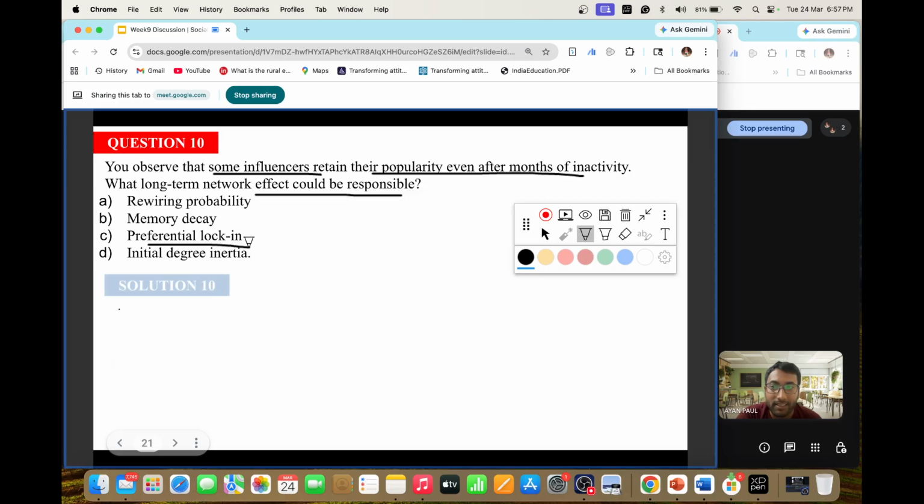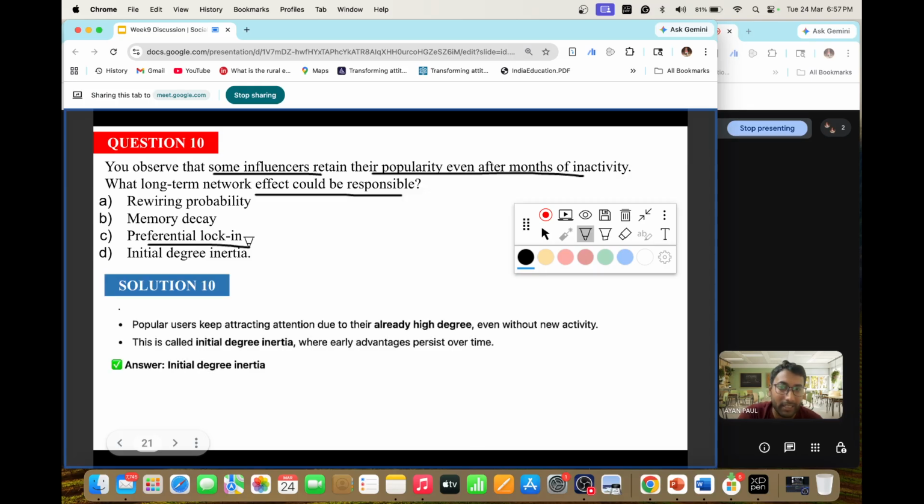So option C is the correct answer. That is okay, option C or D, whatever. It is also known as preferential lock-in, but initial degree inertia is also called that. So according to me, C as well as D is the correct answer. Both are true. But here C is given, D is given, so let's stick with the popular users keep attracting